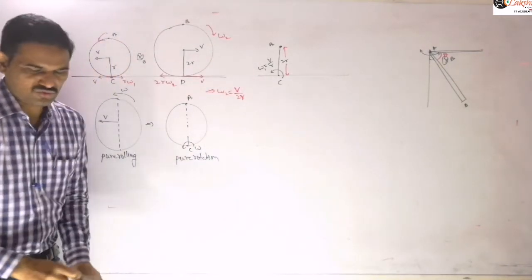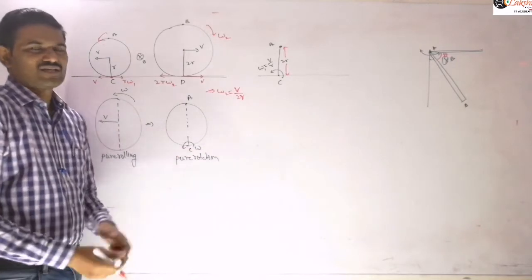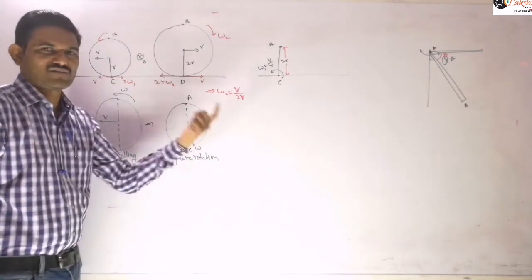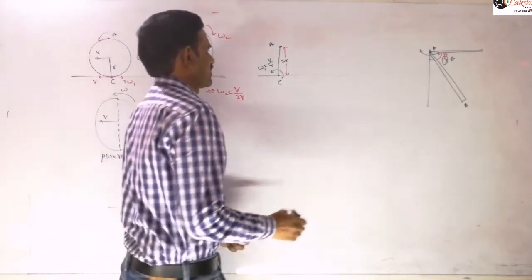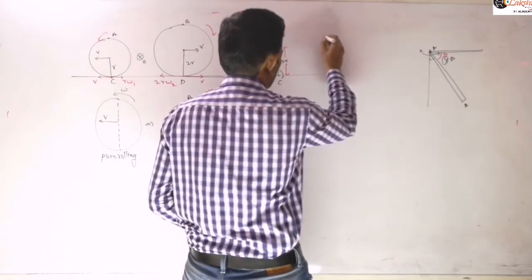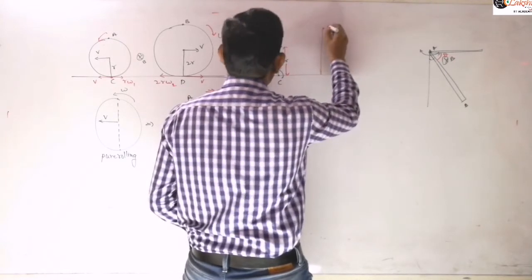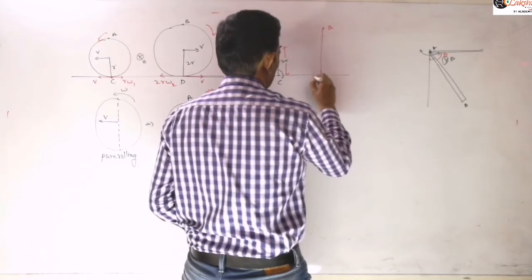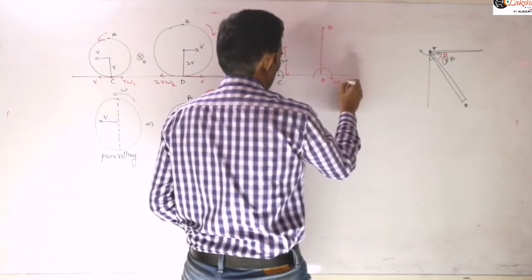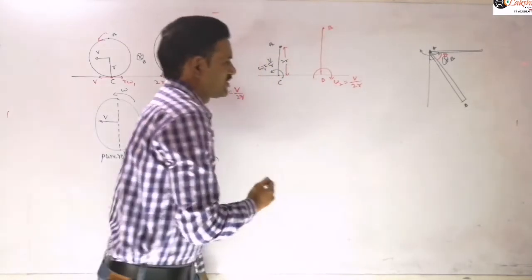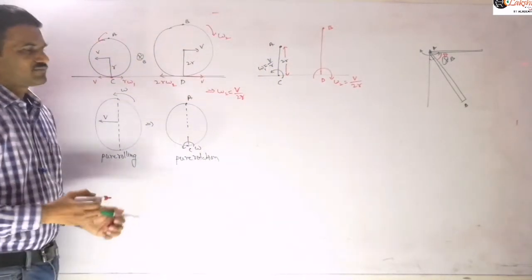So there is a difference between those two cases. If both are identical, that means both are of radius R, then omega will be the same and you can take them like that. Now this other wire is like this, so this is our BD. This can be taken as revolving with angular velocity omega 2, which is nothing but V by 2R, right? So that is our BD value here.